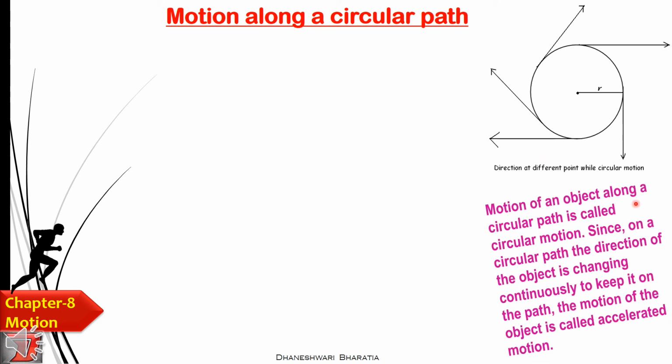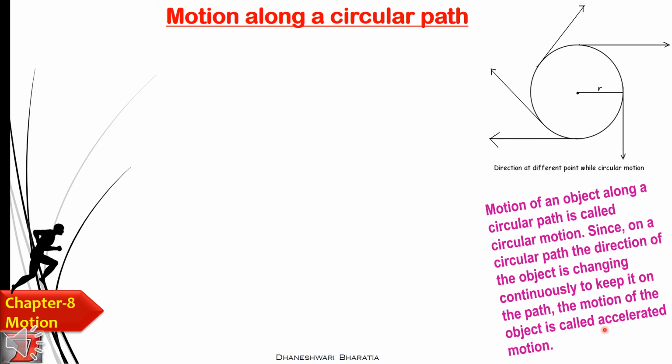So just have a look at the definition of circular motion. Motion of an object along a circular path is called the circular motion, since on the circular path the direction of the object is changing continuously. पहले मैंने क्या बताया था कि सर्कुलर पाथ में डायरेक्शन चेंज नहीं हो रही है, ऐसा नहीं होता है बेटा. अगर आप ऐसे सर्कुलर मोशन में जा रहे हो तो you can see the arrow, either आप यहाँ से जा रहे हो या फिर यहाँ से जा रहे हो, डायरेक्शन तो चेंज हो रही है, but you are moving continuously, यूनिफॉर्म मोशन जा रहे हो, राइट.